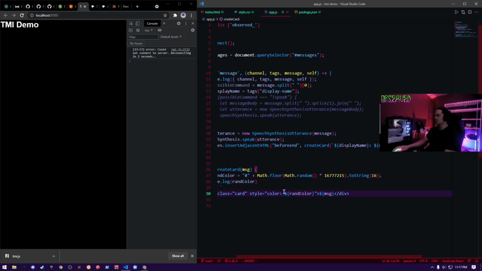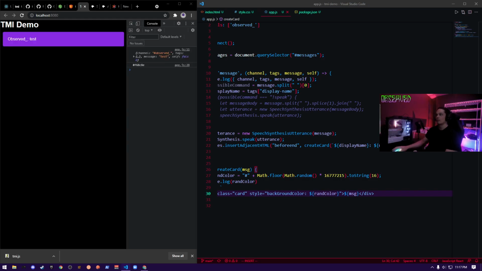Is that gonna work? No, it's the color. Test.